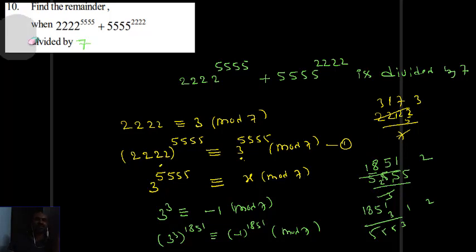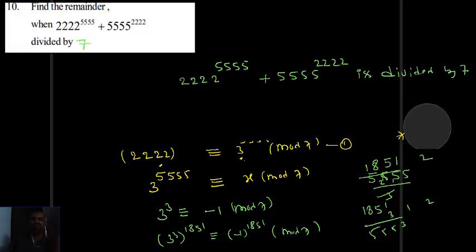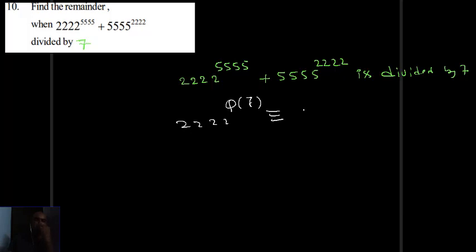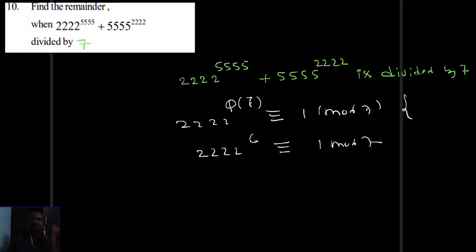So we can use Euler theorem, then you can solve the problem. So you people try the Euler theorem. So 2 power phi of 7 is congruent to 1 modulo 7 only, because 2 and 7 are co-primes. They are co-primes. That's why 2 power 6 congruent to 1 modulo 7, and try to raise the power up to 5, then you get the result.